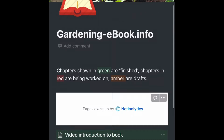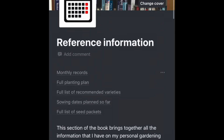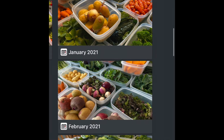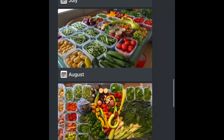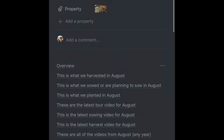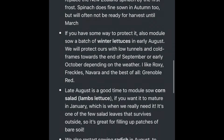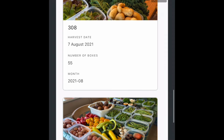And what I really want to show you though is the reference information section. So if you want to see what we're doing each month of the year, reference information is the place to go. What we've got in here are records for each month of the year. So if you go back to last year, for example, there are the records here for each month. Let's just take a look at August, for example. And then what you've got in here is an overview of what to sow and do in August, records of what we harvested in August with a sample